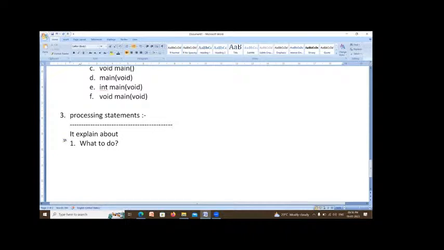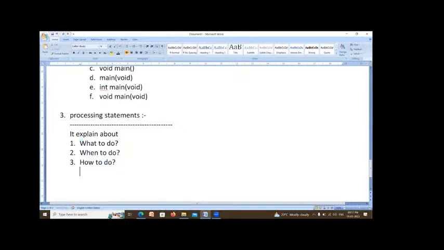Second, when to do this task. Third, how to do it. What we have to do, when we have to do, and how we have to do.